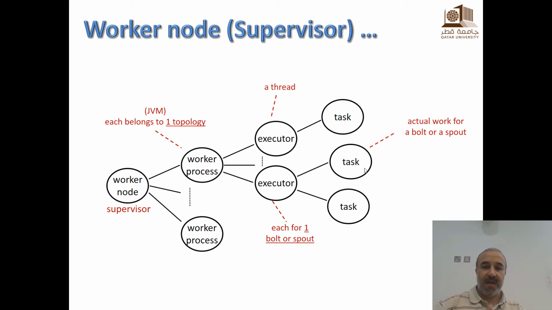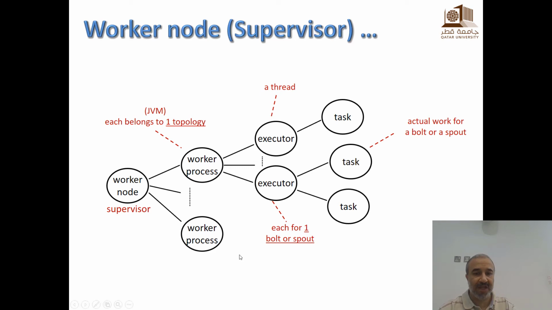Okay? If you didn't, and each executor runs for one bolt or spout. Okay? So here we are at the level of a topology. Each process belongs to one topology. Here we are at the level of one component within the topology. Okay?